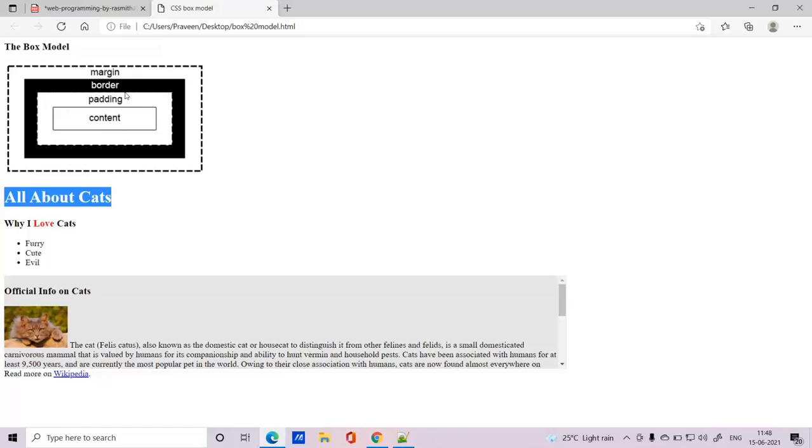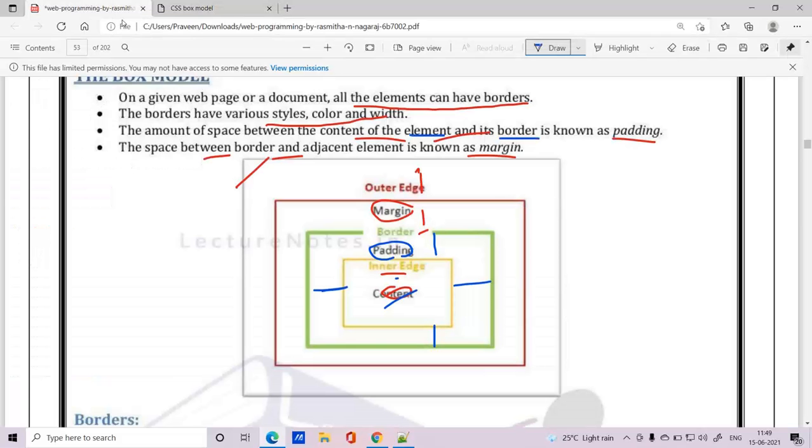So in a web page, whatever element you're going to have, whatever content you're going to display, whether it is a table, a paragraph, any kind of information that you display on the web page, everything will be represented using the box model. The element that you are using is called the content, and it can have a border, and the space between content and the border is nothing but padding, and the space after the border is called margin. Again, as I told you, you have left margin, right margin, top margin as well as bottom margin. So that will be common for all the elements.